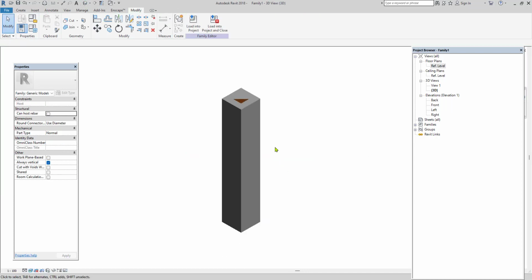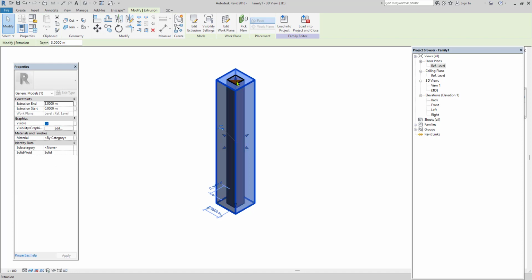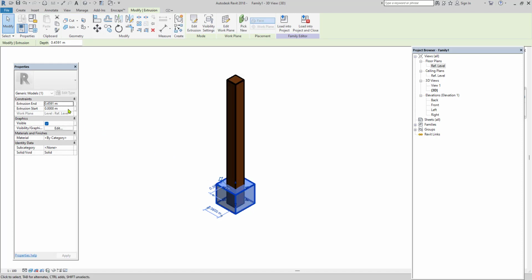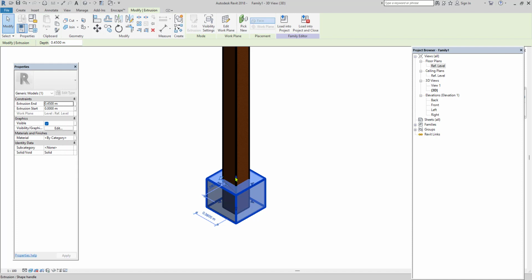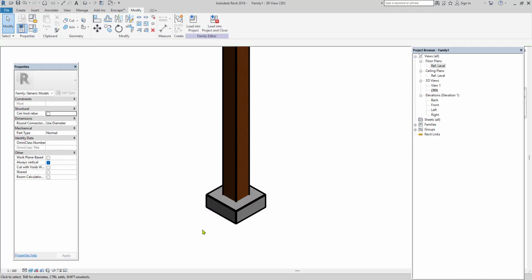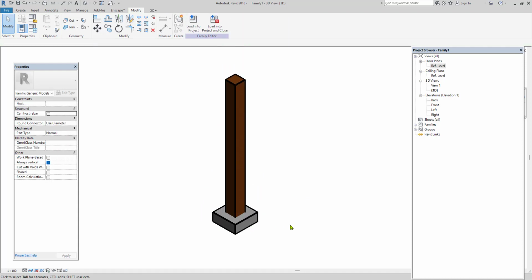Go to 3D. Here I am just reducing the height by using the arrow mark, or else you can particularly give the height about 0.45. And for this also you can give the material. Again I am just decreasing it a little. This way you can create the structural column or architectural column with the same concept. Just change the material according to the requirement.